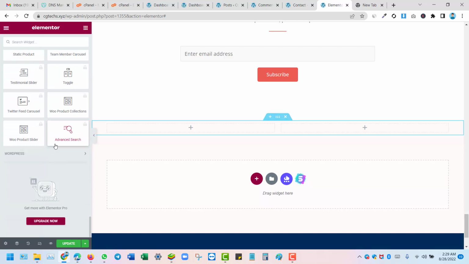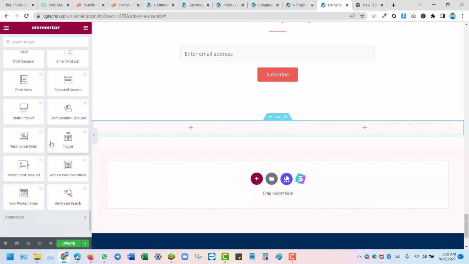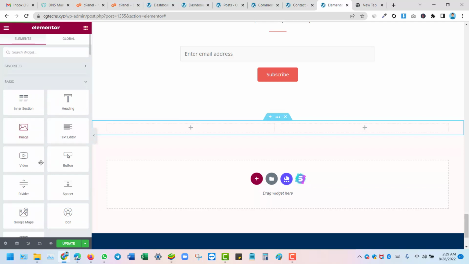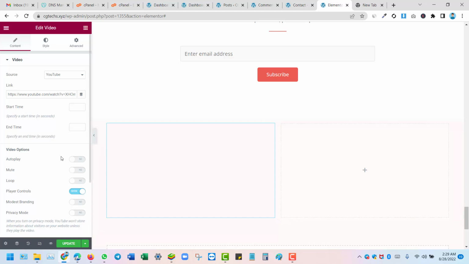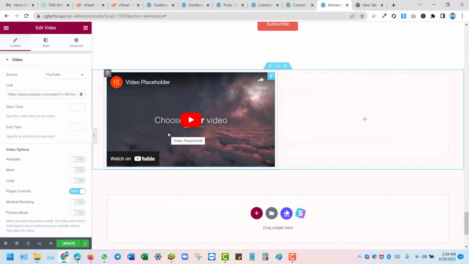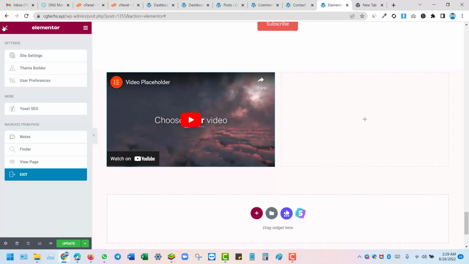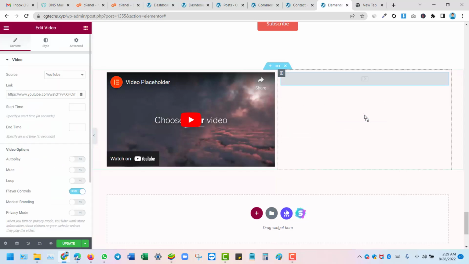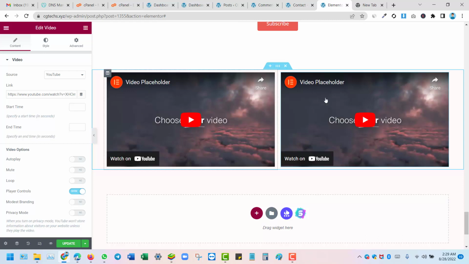We need a whole playlist on Elementor to learn every setting. For now I'm showing how to add videos. It is just a drag and drop. You can simply use the drag and drop to put the videos. Now after putting the video sample, you can simply click on this edit video icon and change the link to